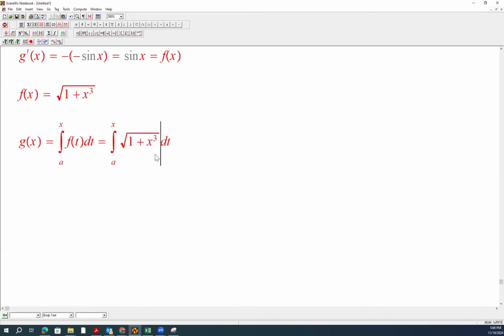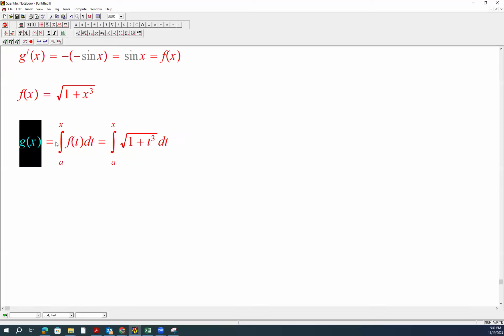In this case, to find the antiderivative of a root of 1 plus t raised to the power 3, it's actually pretty difficult. At least for now, in our current situation, we cannot find it easily. As we learn more new methods, we'll deal with it. However,